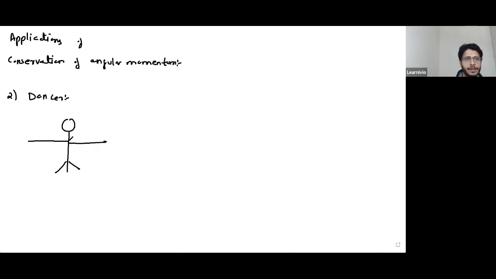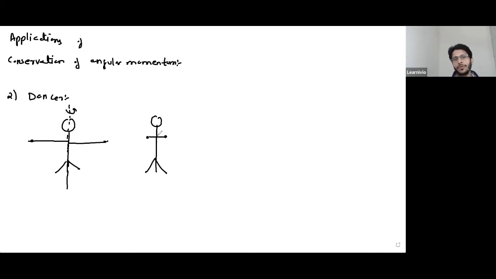He is rotating and his arms are open. He is rotating about this axis which is passing through the center. While rotating, if this dancer folds his hands,